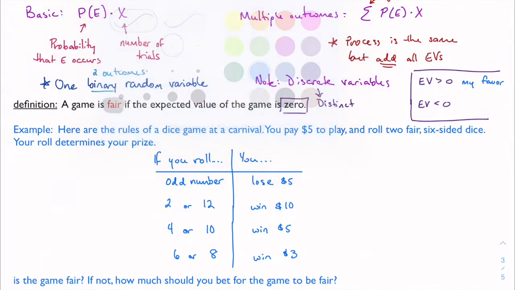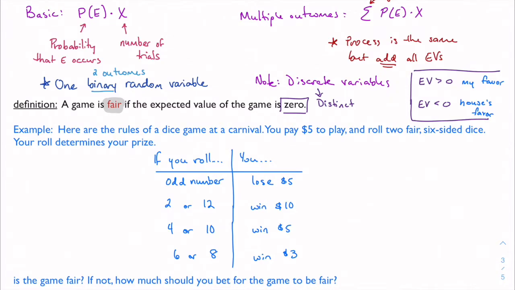If the expected value is negative, less than 0, this is in what we call the house's favor. Whoever's hosting the game stands to profit more than the player. So this is usually the case with a casino, right? We say that the house always wins. One of the big things we hear in a casino is the house always wins, because if I were to carry this game out over hundreds and hundreds of trials, the player could expect to lose money, which the house is, of course, making money on.